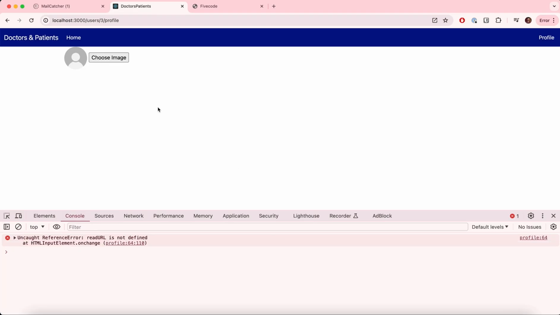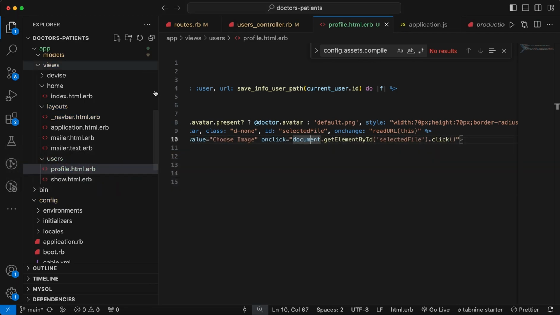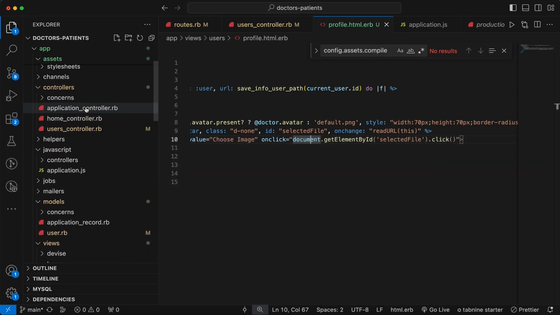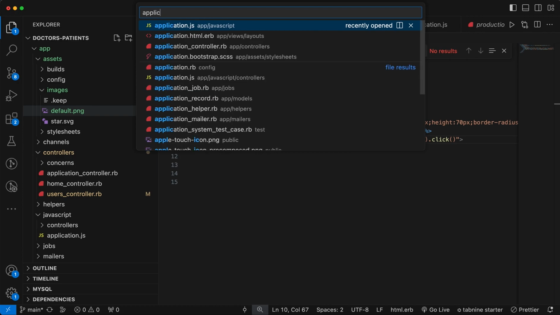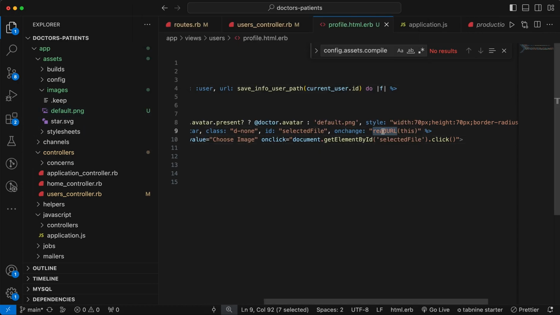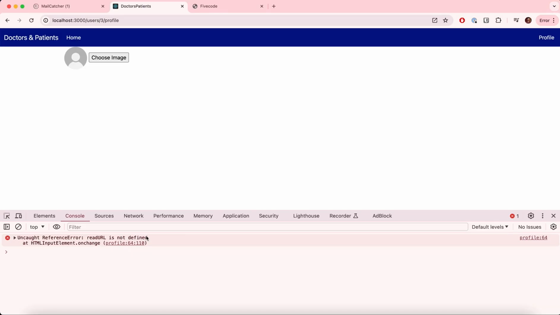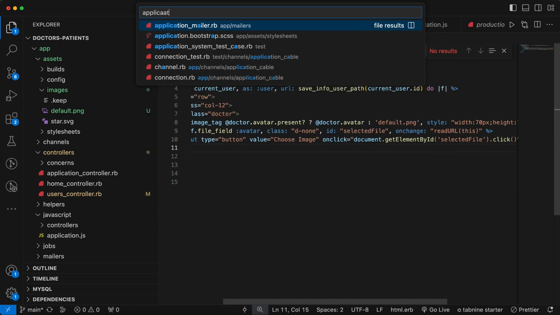If I click on it, but this image is not appearing here, so we have to actually call a JavaScript function, right? So let's add a JS function in the application.js. Because this readURL is not there yet, it is saying that readURL is not defined. So let's define a function in the application.js,